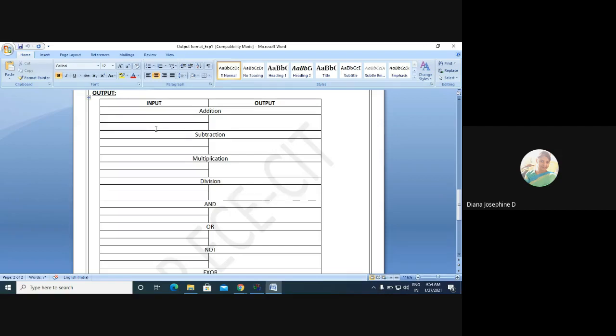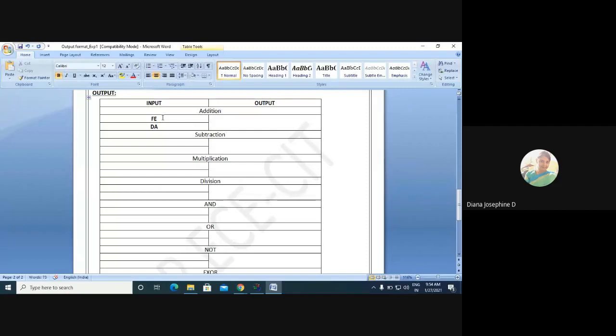You should not give very simple values like 0, 0, 0, 1, 0, 2. As ma'am taught you, you should take hexadecimal values as input and write the respective output. So for addition, you will be taking 2 input values. One of the input values should possibly be a larger hexadecimal value, like FE, FF, DE.